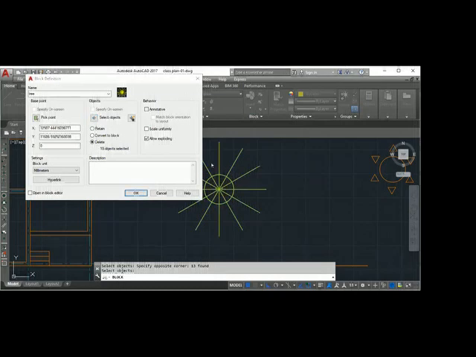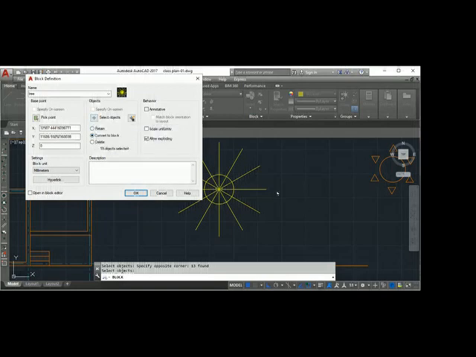After selecting, you decide what to do with the original object. Retain means it will be retained as here. You will create a block as well as keep the object as it is. Convert to block means a block will be created and the object will be converted to a block. Delete means it will create a block, then you will delete the original object. So these are different requirements. We just keep it as convert to block, or you can say delete, but that can make some problems, so it is better to convert to block.